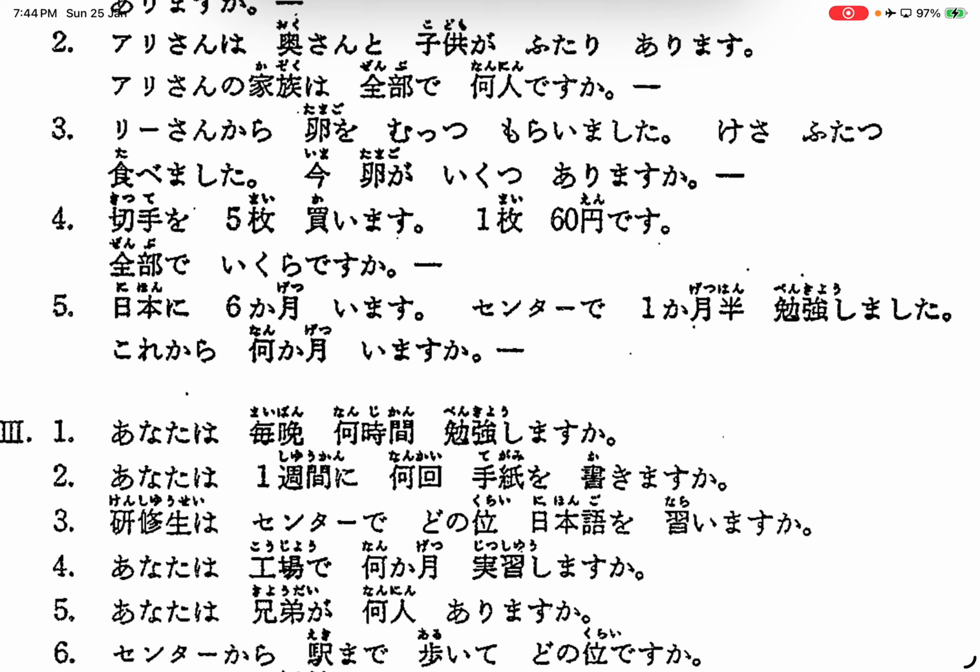I don't understand. No, 1ヶ月半 means 1.5 months, right? So he is in Japan for 6 months, but he already studied 1.5 months. For the past 1.5 months, he has been studying. So from now on, how many months left? これから何ヶ月いますか？So how long more is he going to be here? That's what the question is asking. So how do you say that? 4ヶ月半. Not 半, 半, thank you. 4ヶ月半います。4ヶ月半います。